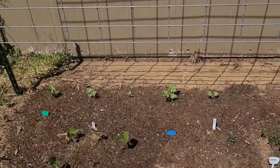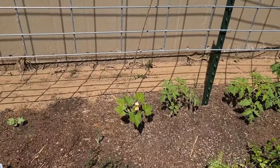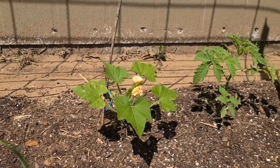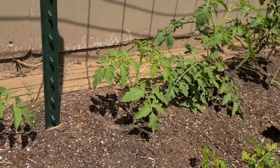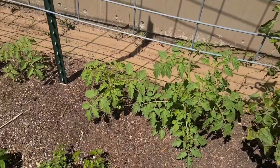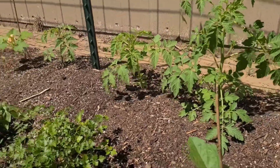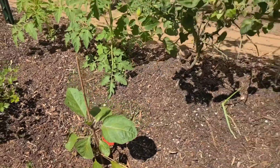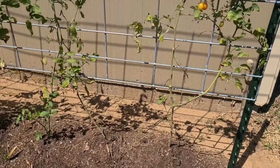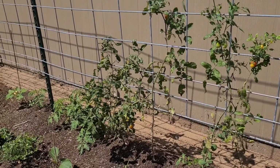I have bush beans down here. We've got some herbs. Over here we have a squash plant. We've got some young tomato plants here. These are the bigger beefsteak tomatoes, which I thought I'd try this year. I haven't tried them because they grow very tall. We've got eggplant, peppers, and these tomatoes are the ones that I actually started in containers,